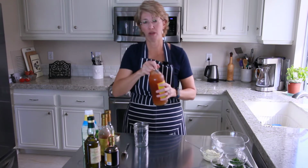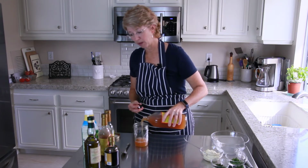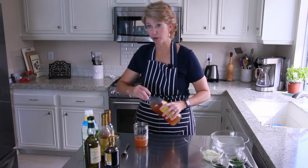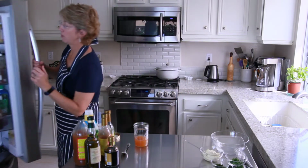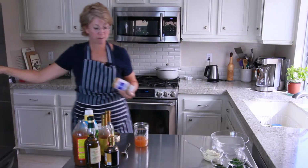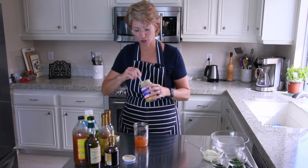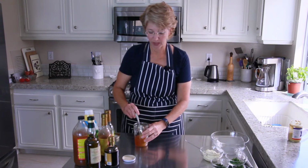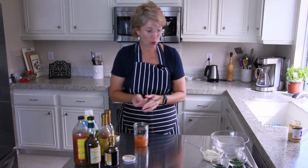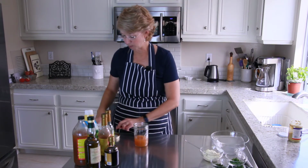So I'm going to just start with putting in about, like I said, 1/3 of the ratio is 1/3 to 2/3. So I'm going to start with my vinegar, and then I actually forgot something. So let me grab that out of the refrigerator. And that is Dijon mustard, which oddly enough does work super well in a dressing. And what I'm going to do is I'm going to simply add about a teaspoon to my dressing. And what this is going to do is it's going to help emulsify or mix together and blend cohesively our dressing. So we're going to use a little bit of that, and then we're going to add some salt and